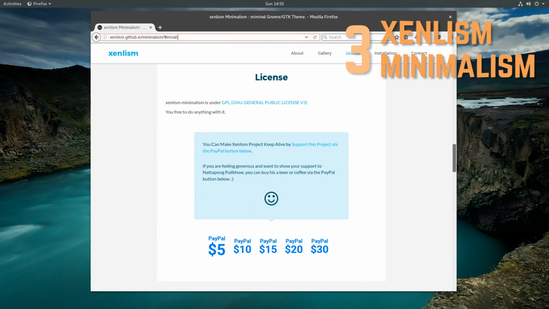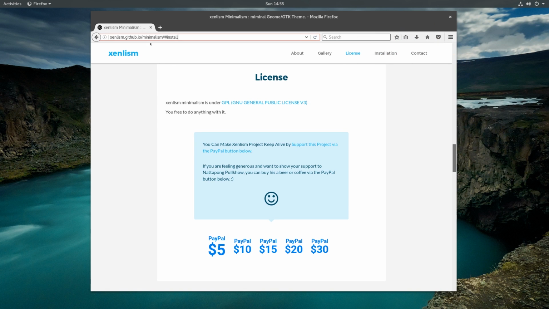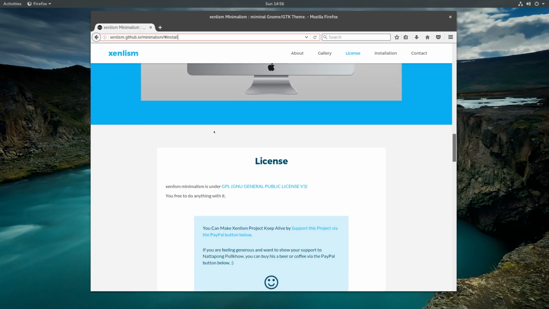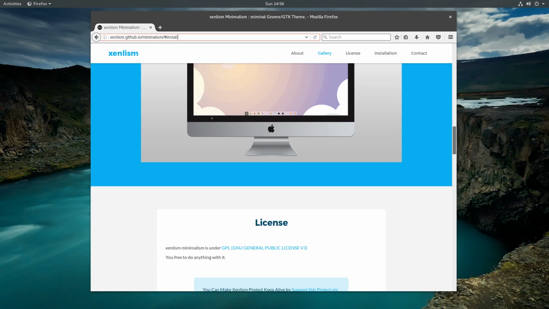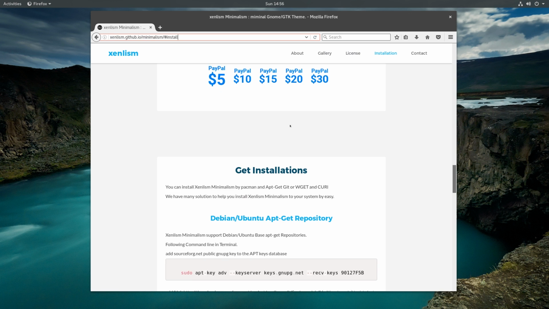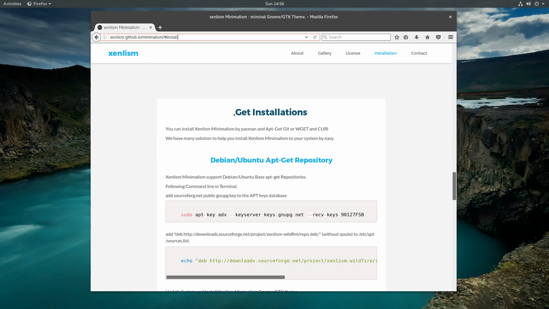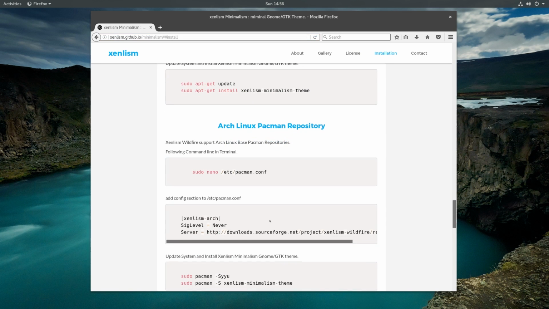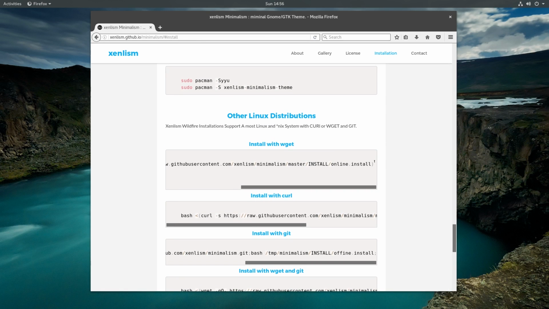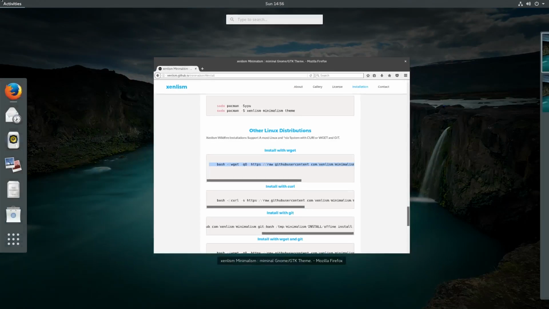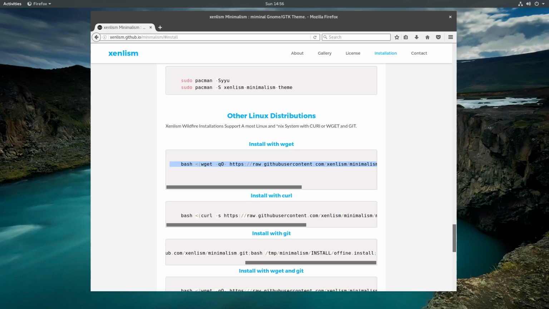So the next theme on the list is Zenlism Minimalism, or Zenlism, something. So to get to it, go to zenlism.github.io/minimalism/install. And scroll down, and here you have the installation commands. So I'm going to install it using wget. So open up your terminal, run the proper commands,